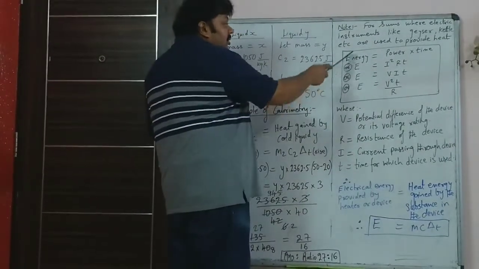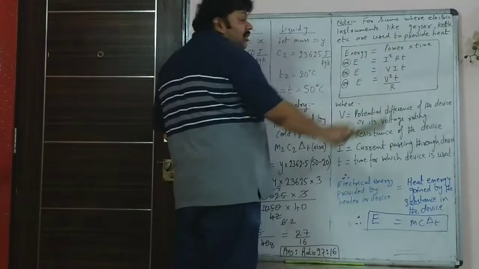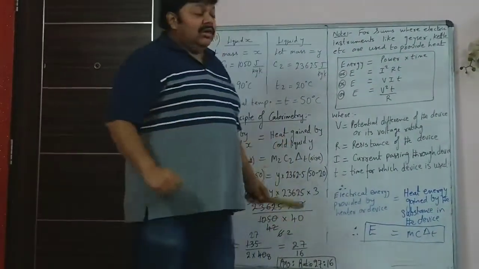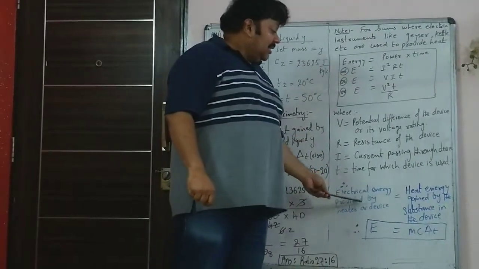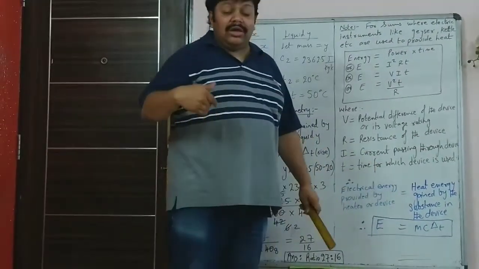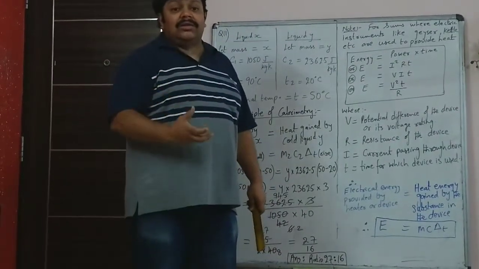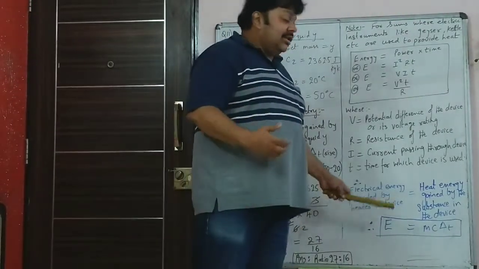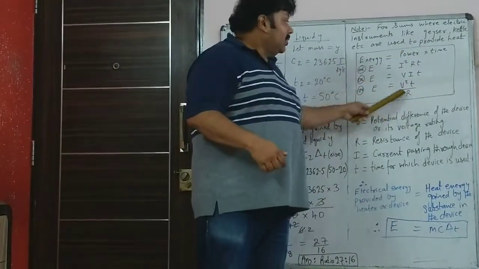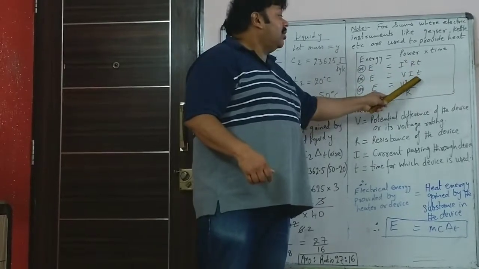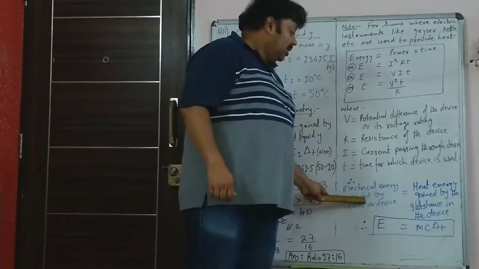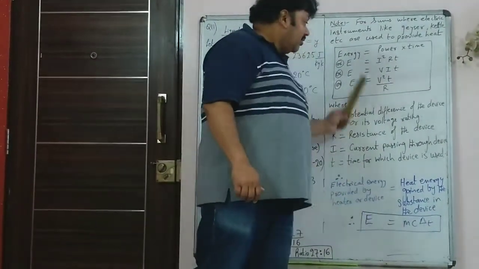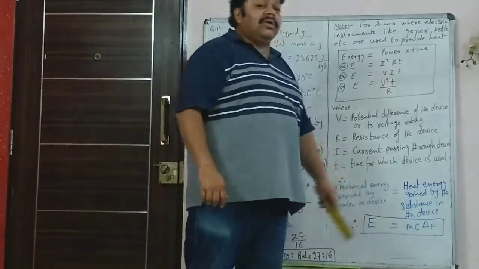Now what is this? This is all the energy provided by the device like the kettle or the heater or the geyser. And what is that energy doing? That energy is going to heat up some substance in that device. It may be water which you want to boil. So this power into time, or I squared RT, or VIT, or V squared T upon R, is going to heat up the substance, so the energy provided will be equal to mc delta T,